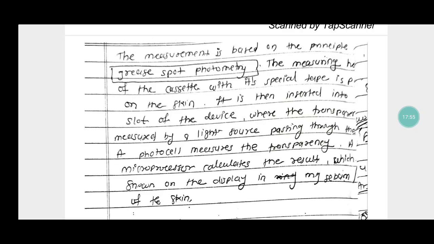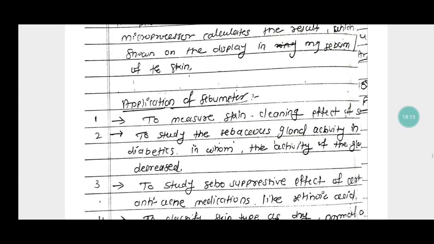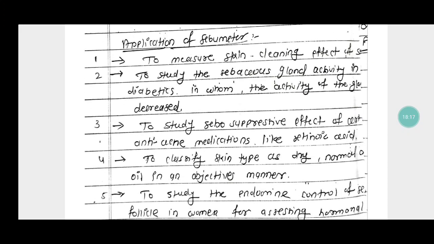It is then inserted into the slot of the device, where the transparency is measured by a light source passing through a photocell, and a microprocessor calculates the results, which are shown on the display in micrograms of sebum per square centimeter of the skin. The applications of the sebometer are: to measure the skin cleaning effect,